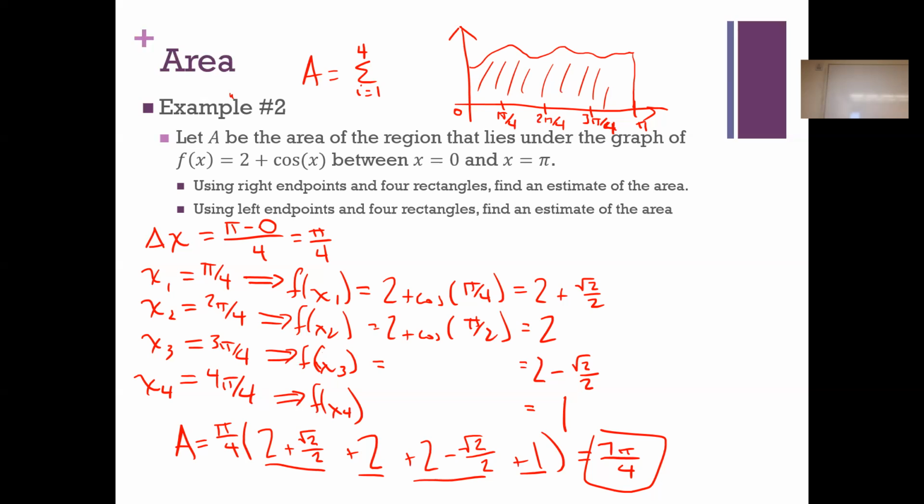X sub 1, we said was pi over 4. Is that still going to hold? I mean, all those x values are going to change. What would the first one be? You're going to the left endpoint, right? So the first one. I think I heard a 0 out there. So let me make a little box here to show where the paths diverge, but the first x value, x1, is going to be 0. The second one's